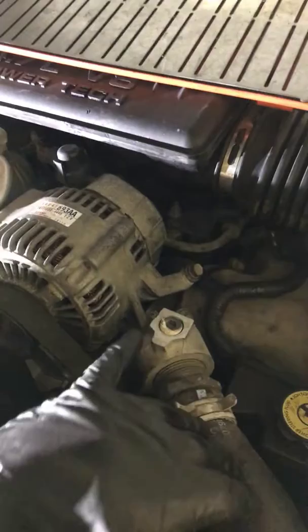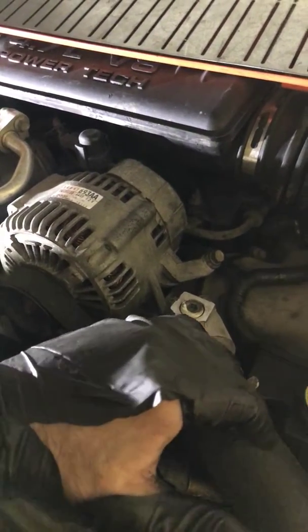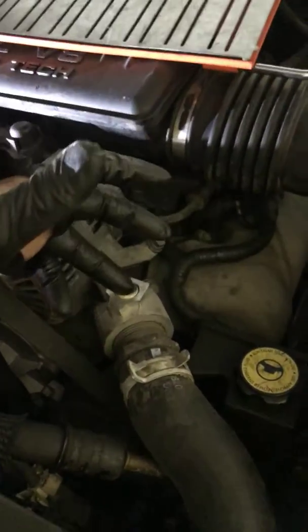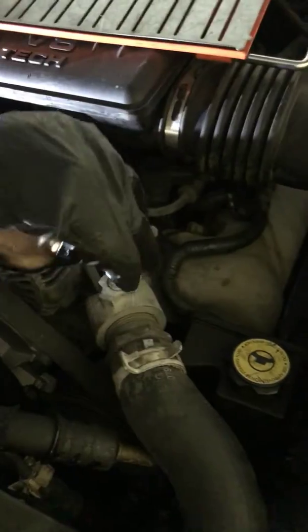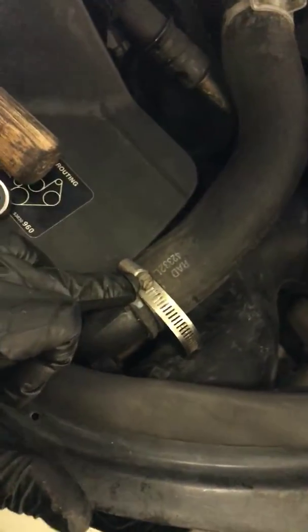So, and it doesn't take very long. You just crack that open while it's running. Wear some safety glasses so you don't burn your eyes, but you just want to barely crack it, and you want to get the steam out until you get a consistent flow of coolant, and at which point you just close it. You can go ahead and cheat also, and you can, I like to undo the upper radiator hose,